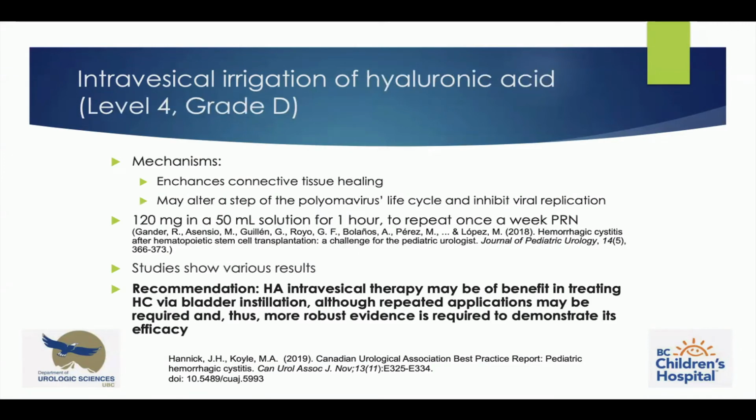So finally, we have irrigation of hyaluronic acid. This is a level 4 grade D recommendation. The mechanism is that it enhances connective tissue healing, and it's possible that it may alter a step of the polyomavirus's life cycle and inhibit viral replication. And this would be through cytokines that are activated with the